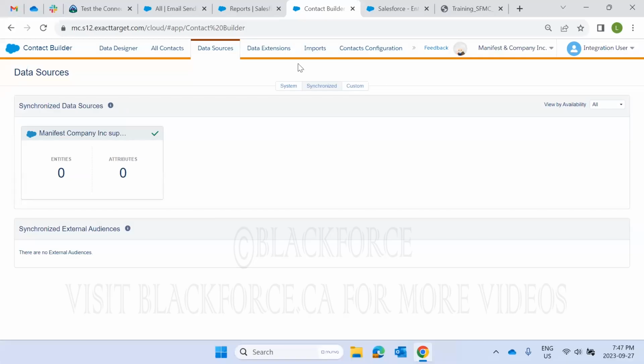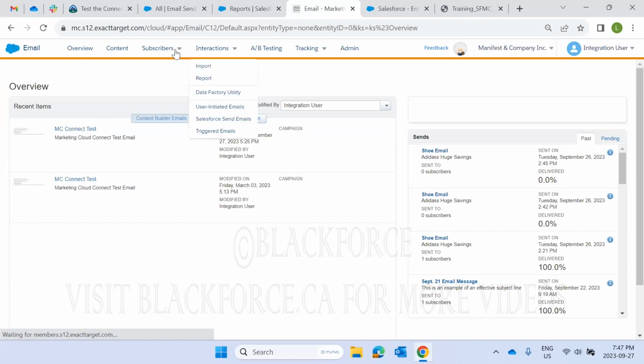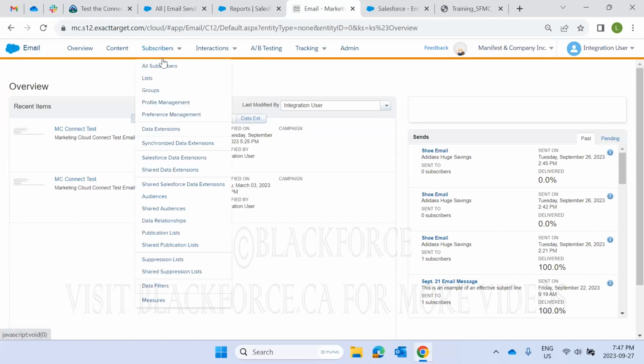I'll come back to that question. But the other place you can use to verify once an integration is in place is in Email Studio. So if you go to Email Studio and you hover your mouse on the subscribers, you see